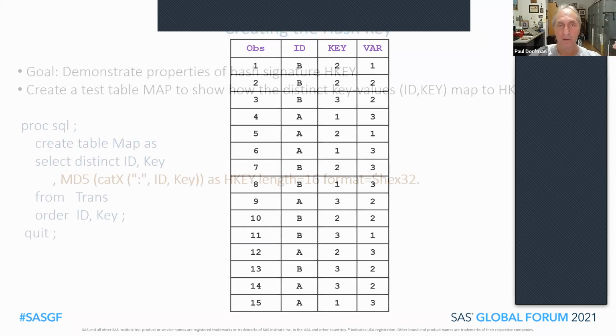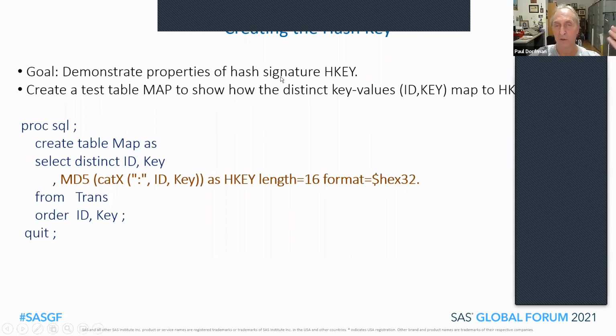So now let's create our hash key here. The goal here is to demonstrate the properties of this hash signature, or as it's otherwise called, hash digest H key. We'll create a test table, a dataset called map, to show how the distinct key values ID key map to H key. Just execute this simple SQL step. Here we have the formula for our H key right here. What we do is concatenate ID and key over the delimiter column,